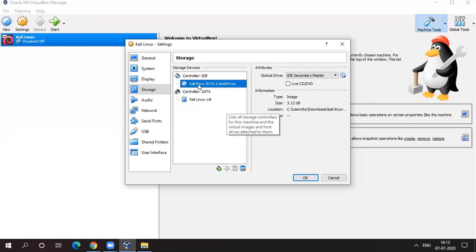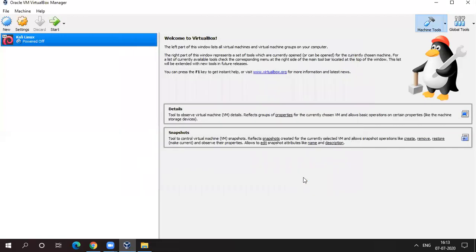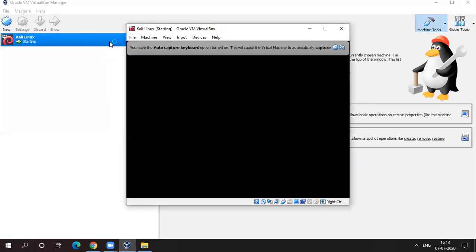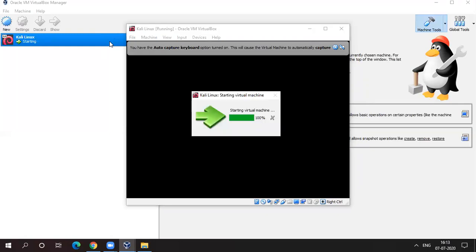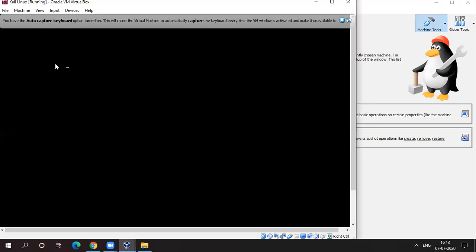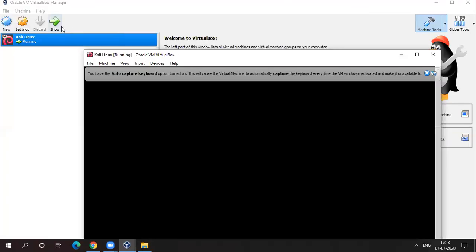Okay, so now all our settings are scheduled here. So we have to now install Kali Linux, right? So we need to go for OK. Then we have to double click on Kali Linux. So that's the real process. Now we have to install Kali Linux on VirtualBox. Okay, you can just click on this only, or you can just start here. Okay, here, right?